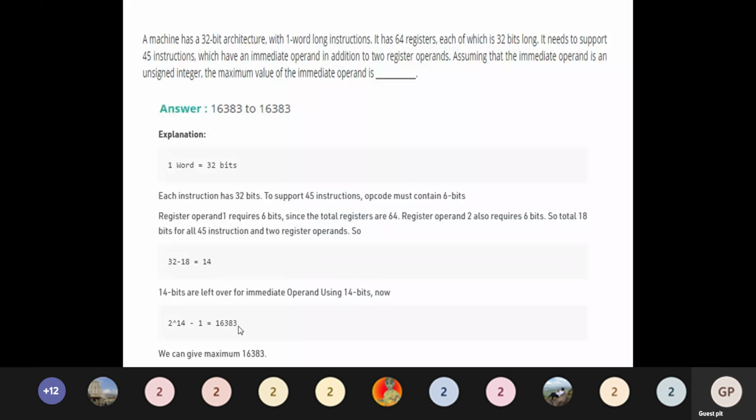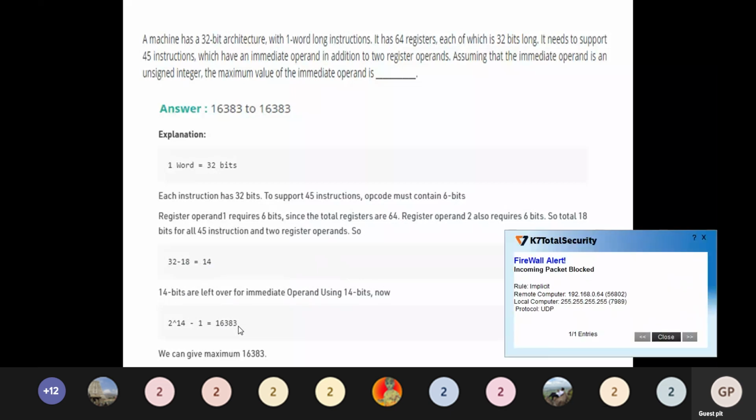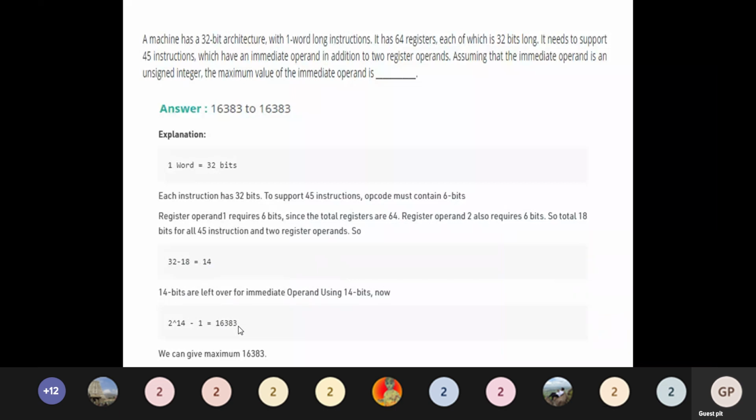Here n is 14. It starts from 0, so the range is 0 to 16383, which is 16384 locations. The maximum value which can be given for the immediate operand is 16383. That is the answer.